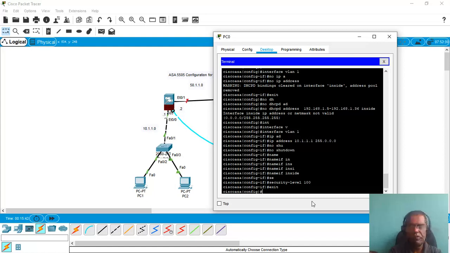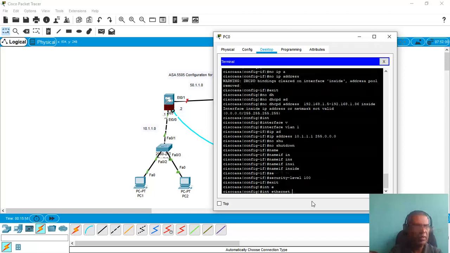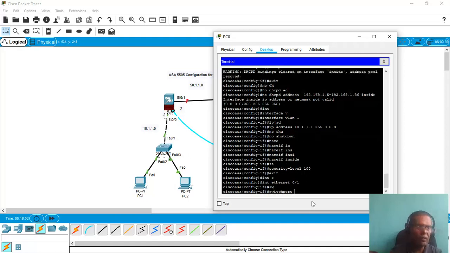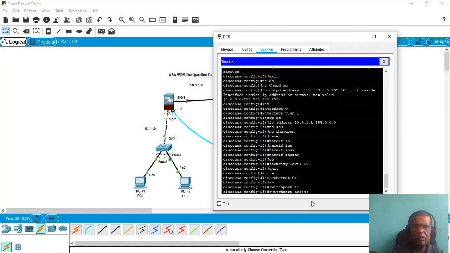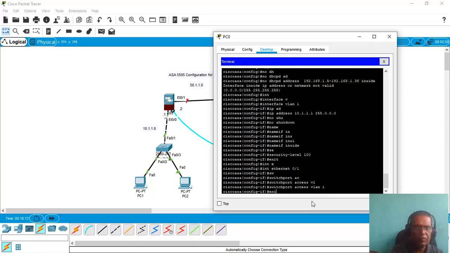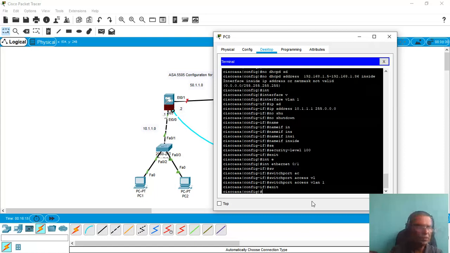Okay, now we have to configure the Ethernet interfaces. Interface Ethernet 0/1 and switchport. Actually, this command I think we are familiar with. Switchport access VLAN 1. Exit. Then we create interface